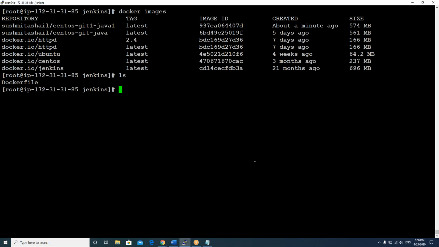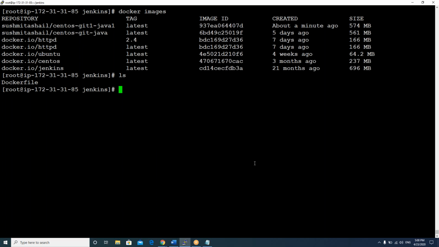Now let's see more options. Just assume that Shravani has given one file to you, maybe some application related file. She asked that file also to be placed on top of your image.